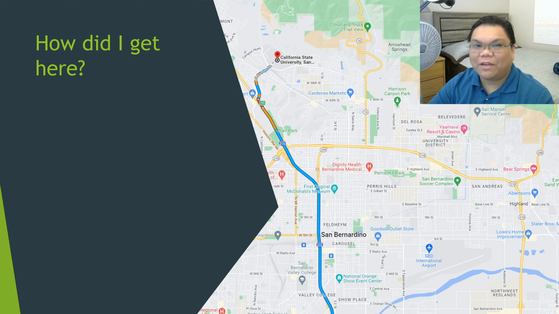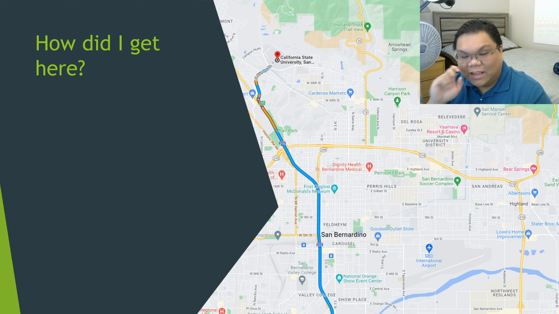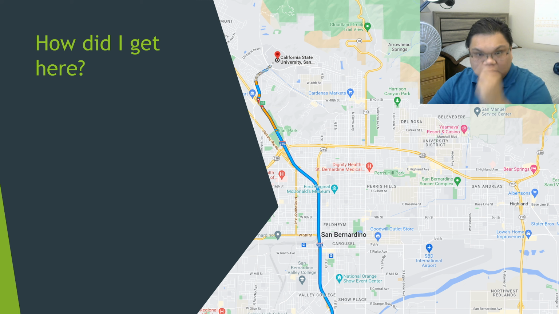And I have to drive all the way there. But we found a way to get there, and I don't have to drive as far. So it turns out that both campuses have a satellite campus called Palm Desert Campus. But the thing is, Cal State San Bernardino has a shuttle that goes between the satellite campus and the main campus.